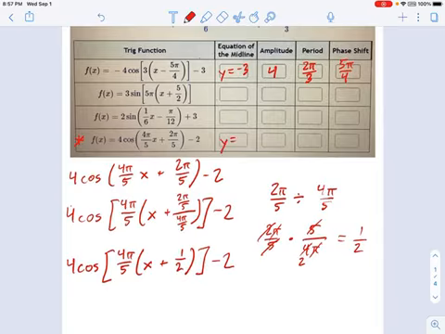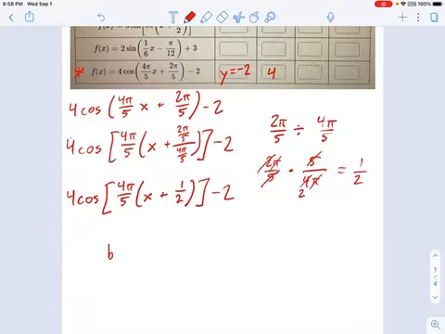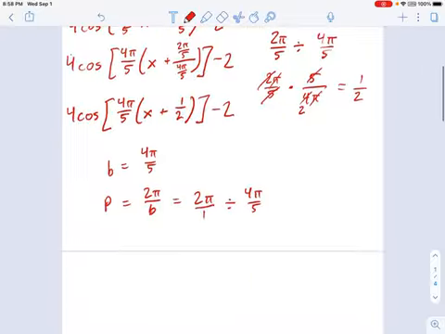Midline is easy, right? That's just the subtraction value at the end. Amplitude, it's also 4 in this one. Period. Let's talk about the period for a second. Because I'm looking at this and I see b equals 4 pi over 5. So that means p equals 2 pi over b, right? That's our formula. Which means 2 pi over 1, that's what 2 pi is, divided by 4 pi over 5. Which we're going to do a little more keep flip change here. This becomes 2 pi over 1 times 5 over 4 pi. We've got some cancellations going on, and you just get 5/2 for the period.